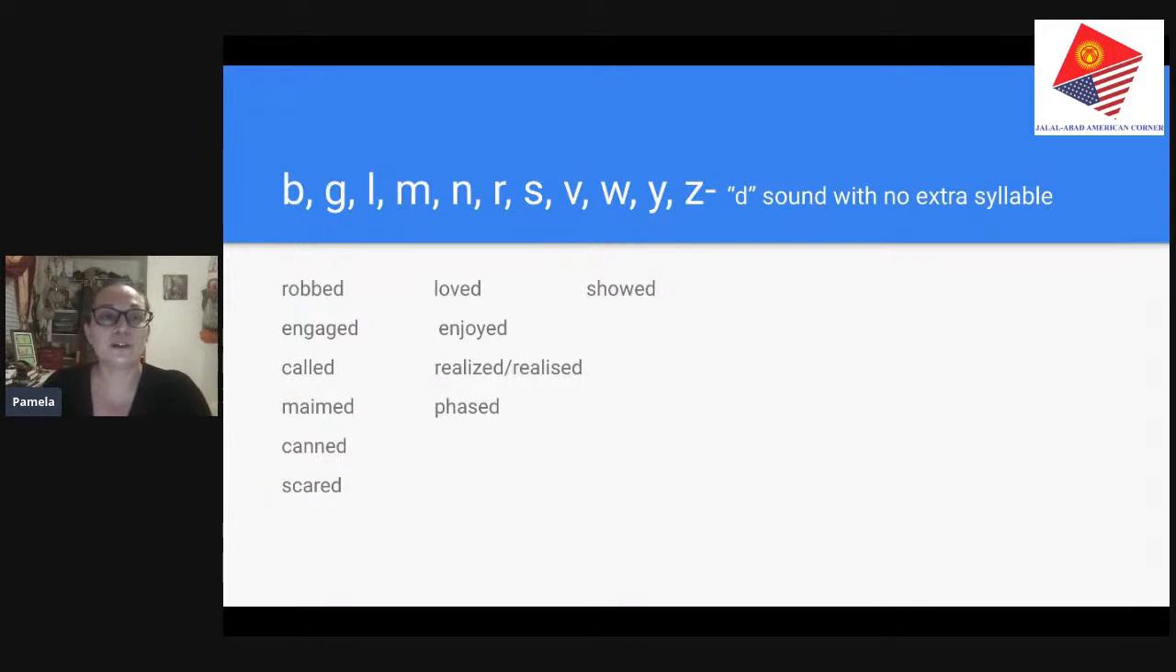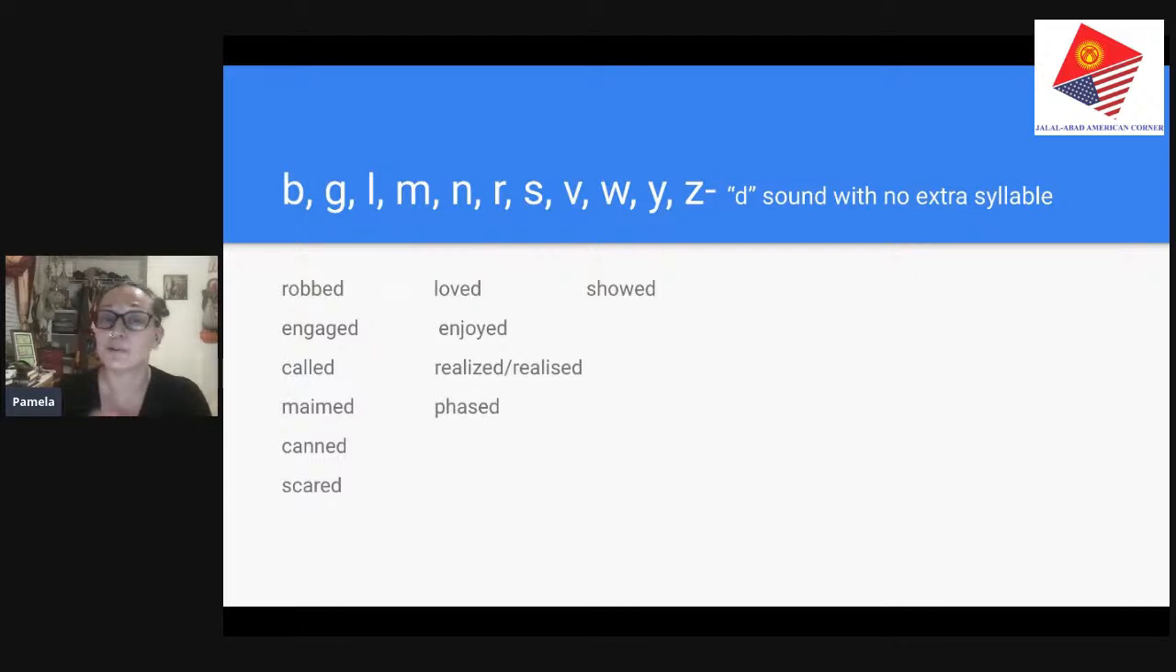If the verb ends in B, G, L, M, N, R, S, V, W, Y, or a Z sound, then you want to put the D there, and you just say the letter D. You don't add a syllable. So we wouldn't say "rob-ed", we say robbed. We say engaged, called, maimed, canned, scared, loved, enjoyed,